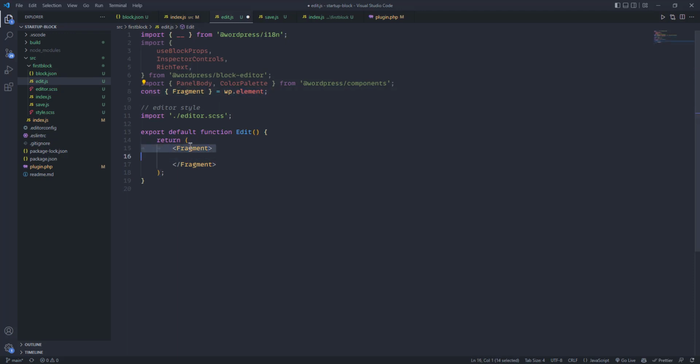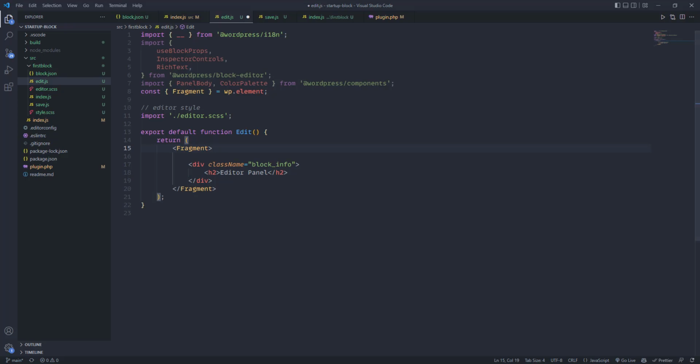So if you want to use any component or anything, you have to first import it, like I have imported some information here, or you have to destructure it, like I have destructured Fragment from wp.element, and then use it. I will also explain it in more detail later. So inside, I want to put the block info, and here is the block editor panel,